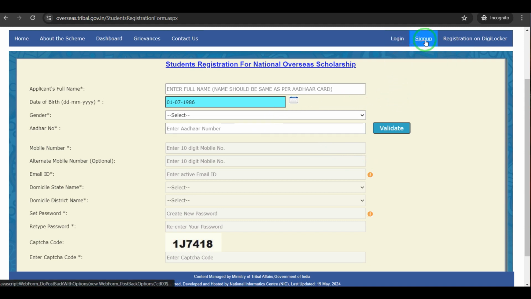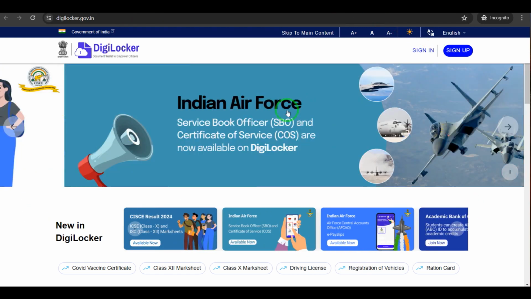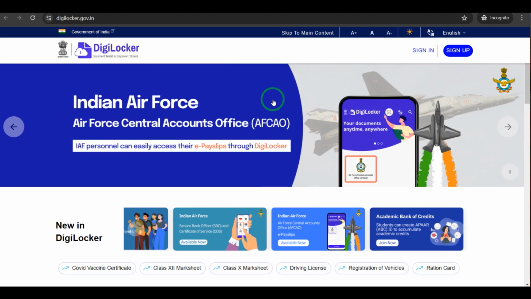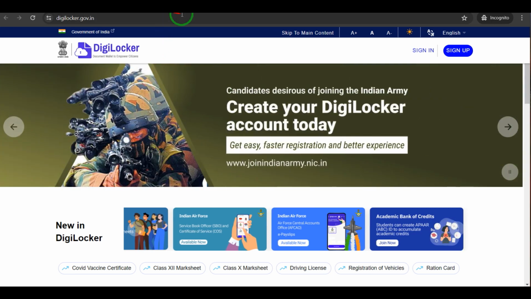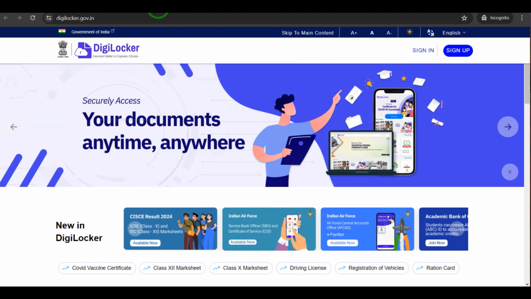After sign up, you have to register on the DigiLocker, so that you have your documents uploaded on the DigiLocker. If you already have your DigiLocker account created, then there is no need to re-register. You can just make sure that all the documents required for the scholarship application are properly uploaded. And here's the DigiLocker website. You can sign up here, or you can download the app and register there. This process, as I said, is described in both PDFs, the instruction manual and the